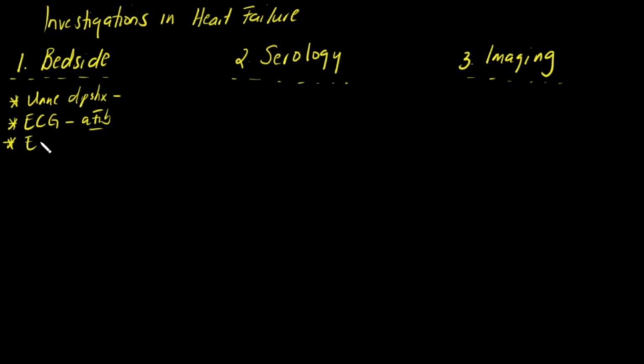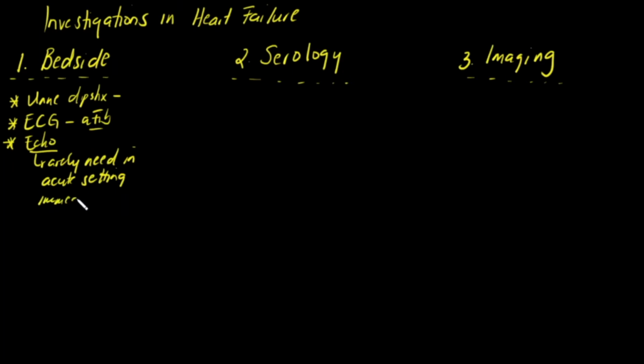And finally, the other bedside thing that you're going to do is echo. Remember, the thing with echocardiogram is it is usually rarely needed in your acute setting. It's typically something we do later. If someone is presenting in acute fulminant heart failure, there won't be any indication to do it. However, there are some indications listed by the European Heart Journal of when you want to do it immediately.